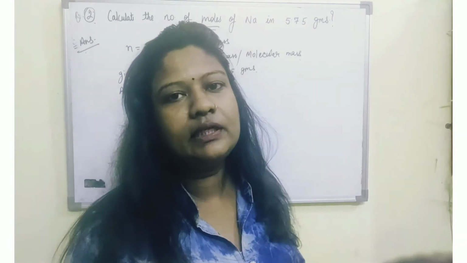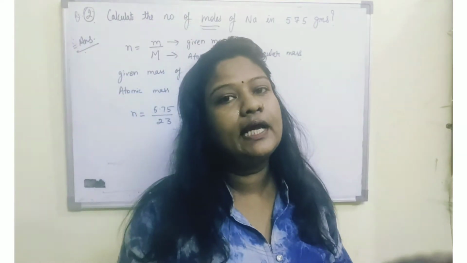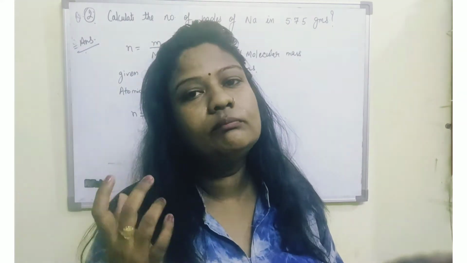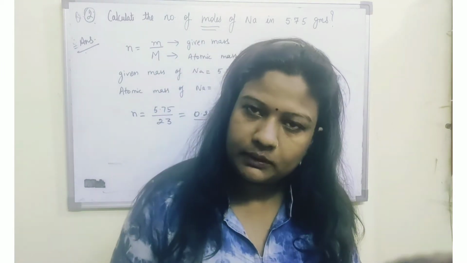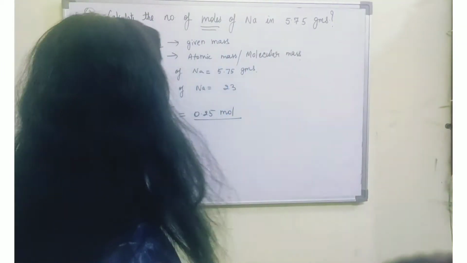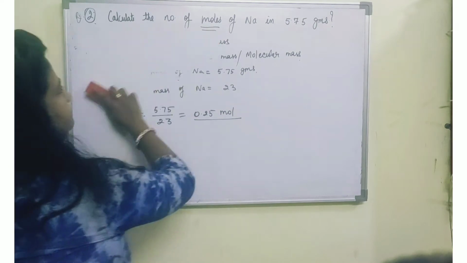ओके, कैपिटल एम की जगह यदि कोई कंपाउंड दिया हुआ है तो हमें फॉर्मूला मास पुट करना है, रखना है उसकी वैल्यू. और यदि एटम दिया हुआ है, जैसे कि सोडियम पोटेशियम एटम दिया हुआ है, तो उसका एटॉमिक मास एम की जगह रखना है. और यदि कोई मॉलिक्यूल दे रखा है, सपोज करो H2O है, तो उसका मॉलिक्यूलर मास आपको यहाँ पर वैल्यू पुट करनी है. ओके, नेक्स्ट थर्ड क्वेश्चन.